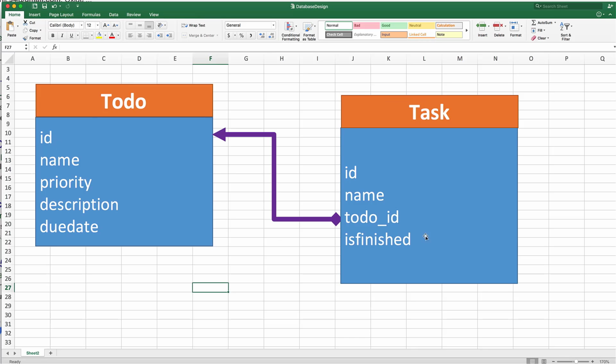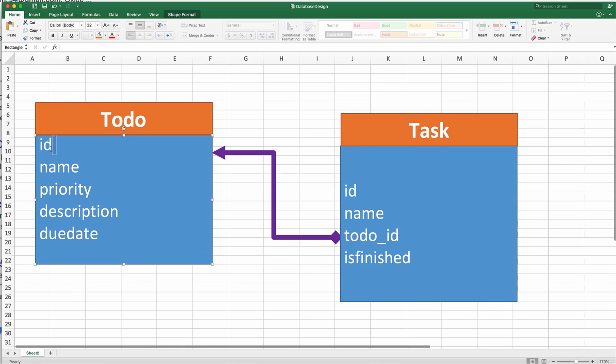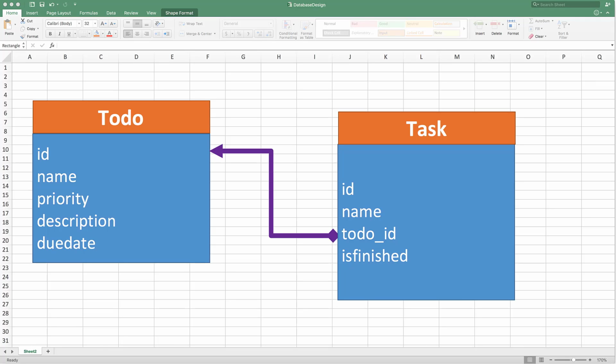So here is a database schema. We have an entity to do. A to do has many tasks, and one task belongs to one to do. So we have two tables, one table for to do, and the second table is task. So we have a relation between two tables. To do has many tasks, and one task belongs to one to do. Okay, so now after having the database schema,